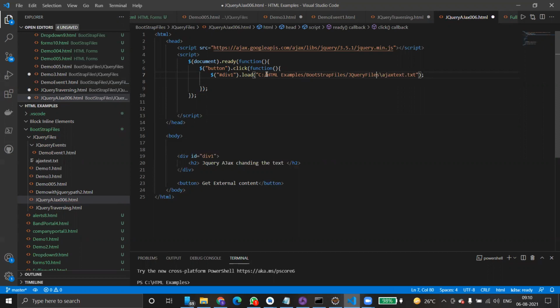It's supposed to load this text. But script wise, there is no error. But